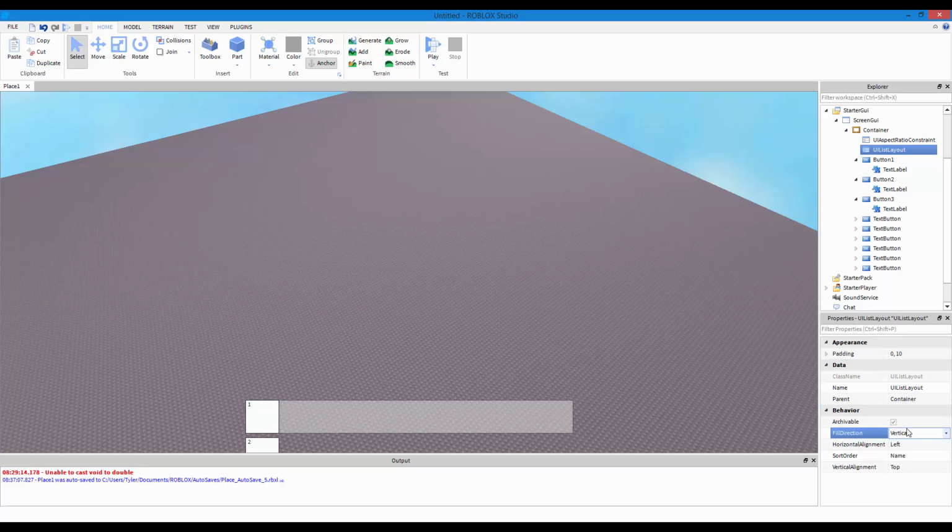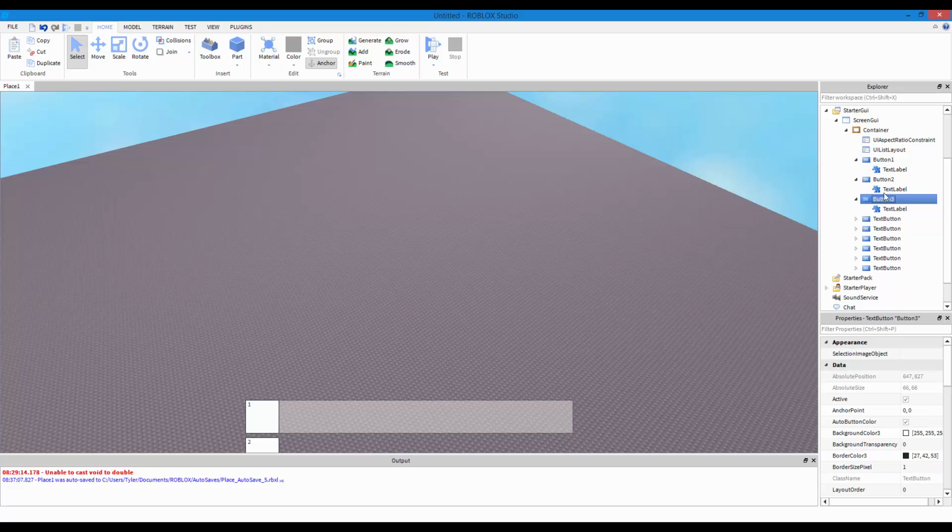So field direction, we have vertical also, so if you were making a backpack like right here, you would do vertical. As you can see, it goes in order. Right here, you can do the sort order by layout order. Layout order is how this is all set up, so this would be the first button, second button, third button.